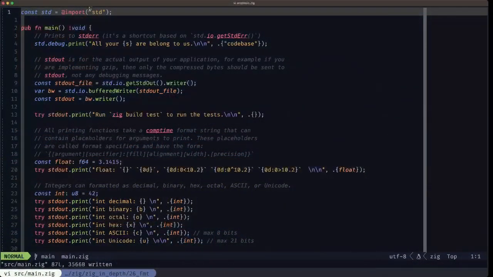Builder here. In this episode of Zig in Depth, we're going to be talking about formatted output in Zig. And let's start out with, basically, we have here